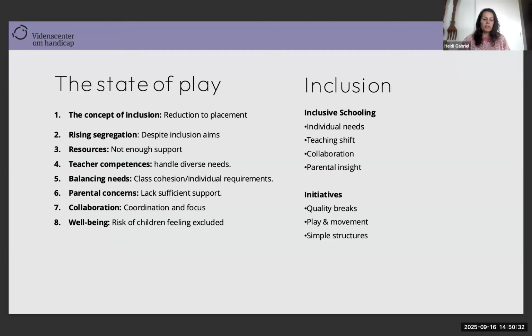What we see, and also based on the newest learnings, is that placement must be based on individual needs and available support, of course. And teaching should embrace diverse learners, not just use the still standardized view. And then, of course, stronger collaboration is needed in classroom and across services and with the parents as well. We need parents' expertise and should be valued as a